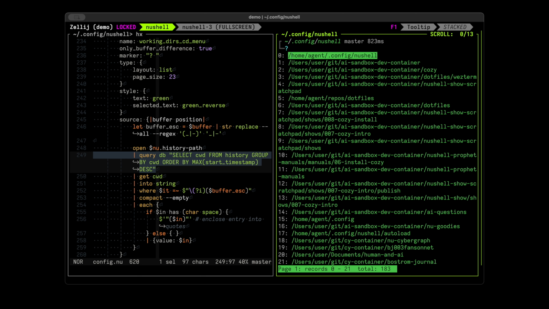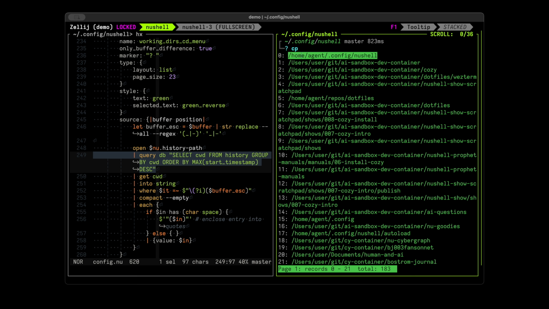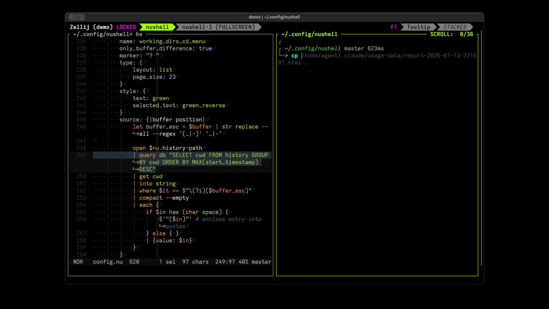And another neat feature about Nushell menus is that they support a bang-number shortcut to quickly move to the selection in the numbered entry. And what's even more cool is that from there it is possible to use up-down arrows to move the selection further. So this menu is a frequent use case for me, when I need to copy something into the current directory from somewhere else. If I know that I